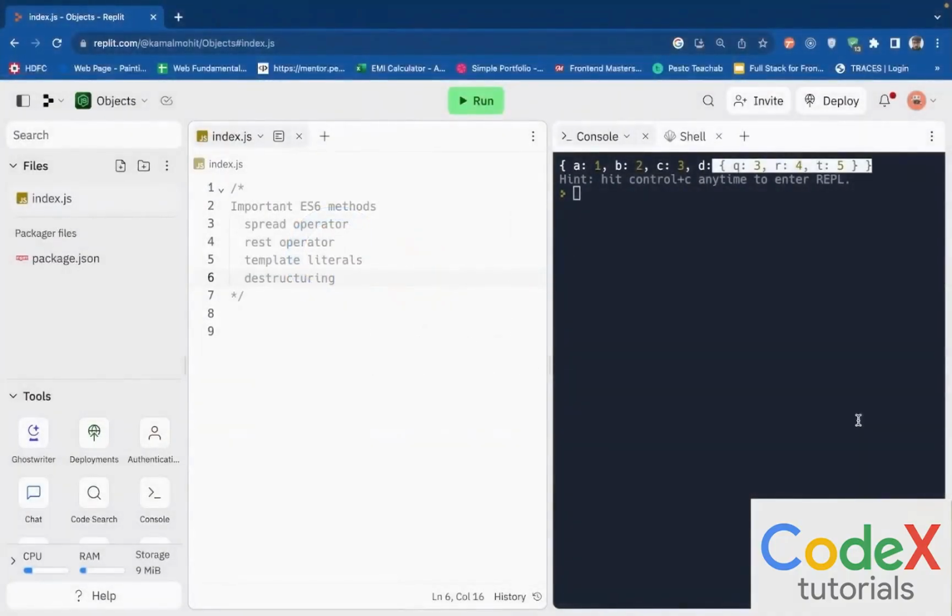Before we continue forward with any sort of JavaScript, there are a couple of important ES6 methods that I wanted to discuss because they actually help you achieve much more flexible and much more readable code. And in this video, we'll be discussing 4 ES6 methods that are most commonly used in modern day JavaScript